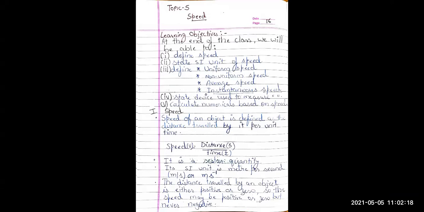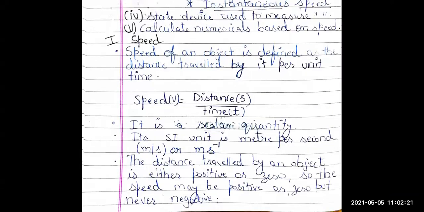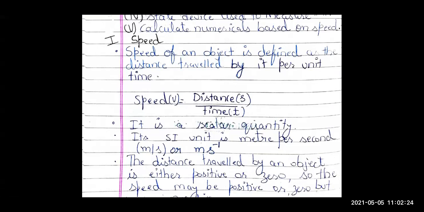Right, beta? So speed is what? Suppose you come to the school on your Activa, and I ask you with what speed did you come? So you will say, ma'am, I covered a distance of 5 kilometers in just 20 minutes, right? So what are you expressing speed in? You are expressing speed in the distance covered, and with respect to time, means how fast have you covered that distance. So exactly that. Speed is your distance covered by time taken, right?